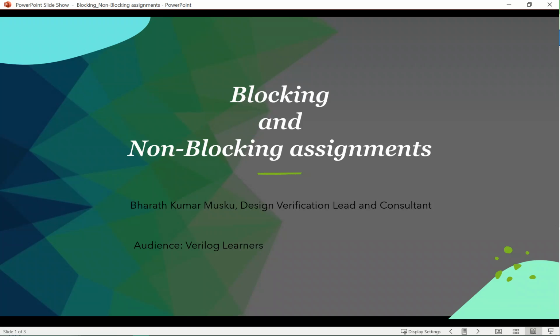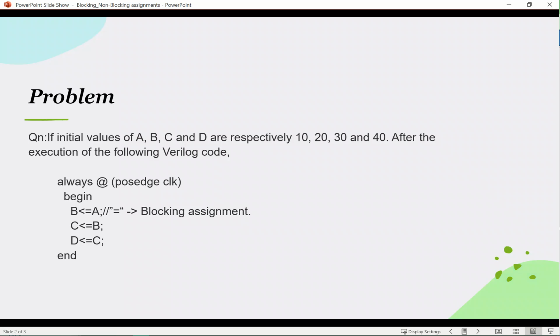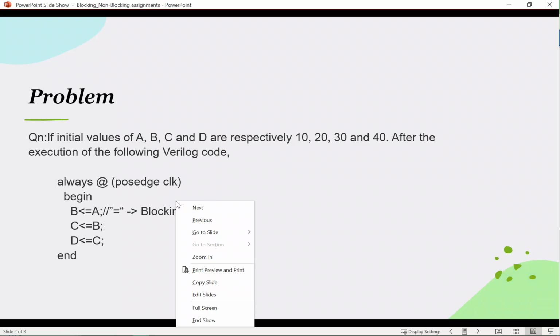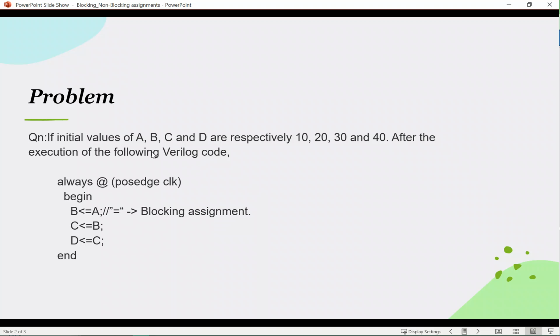To explain this topic, I picked up one exercise problem. If you see this snippet of code, you can see the question: initial values of A, B, C, D are respectively 10, 20, 30, 40. So we need to find A, B, C, D after the execution of the following code. Execution in the sense, this is always a procedural block, and